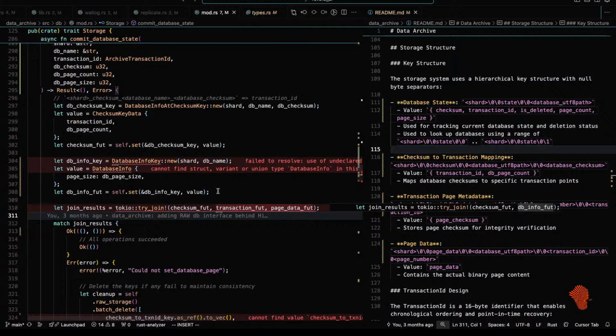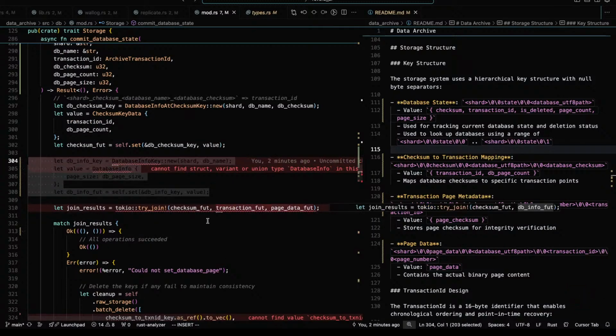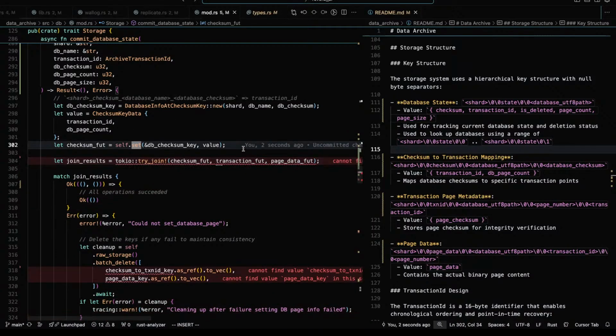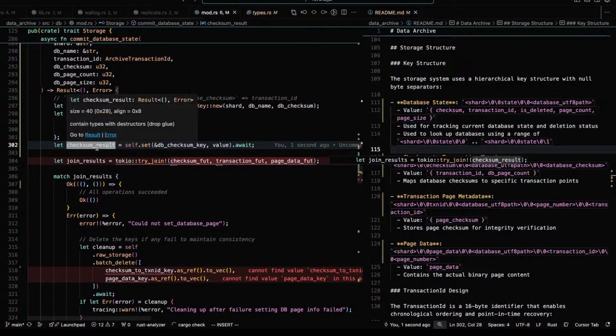DB info key goes away. Try to set that. We could just await that. And that'll give us what? A result?